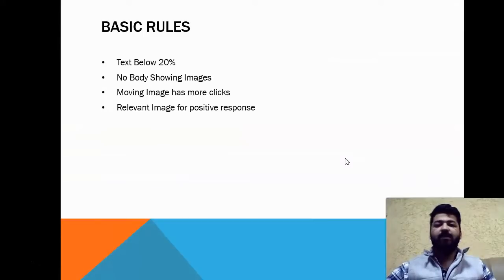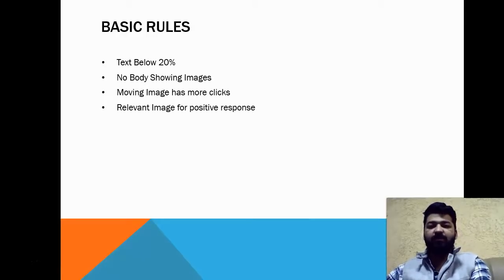So first rule is text on the image should be below 20%. Next is no body showing image. Third one is moving image has more clicks. And fourth is relevant image for positive response. So we will be covering these 4 points in this lecture. So coming towards the first point,